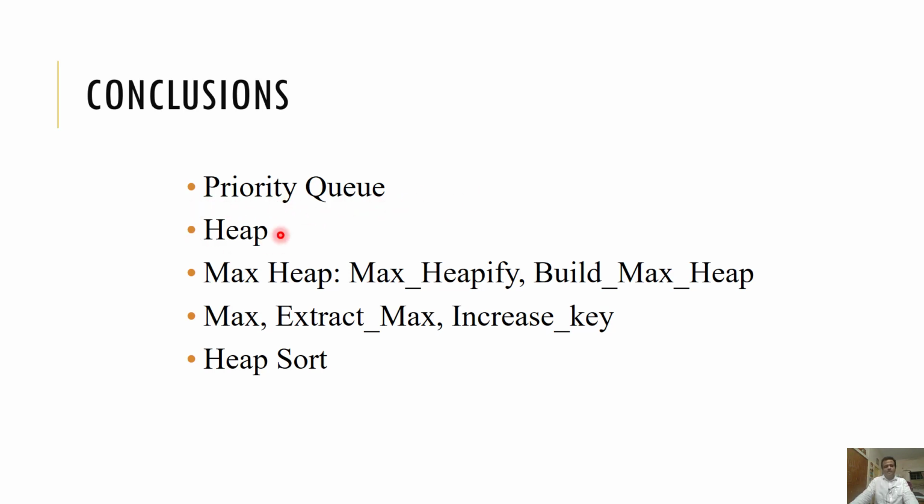So we introduced the heap. Heap is basically an array which can be viewed as a binary tree, and heap is an implementation of this priority queue, that for the dynamic set S we use this heap data structure, which is basically an array. We do not need pointers to implement that, because we know the position of the left child and right child. And then we discussed some max heap operations, maxipify, build max heap,